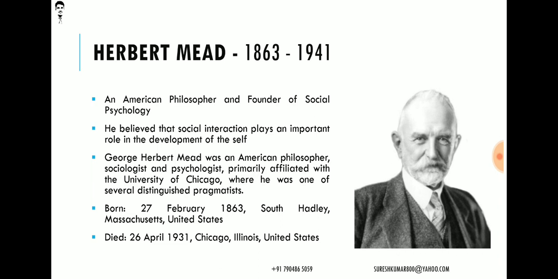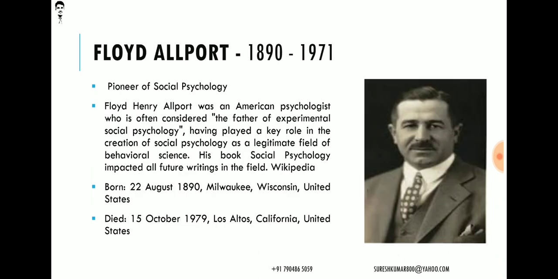George Herbert Mead was an American philosopher. He is a sociologist and psychologist, primarily affiliated with the University of Chicago, where he was one of the distinguished pragmatists. He was born on February 27, 1863 in the United States and died on 26 April 1931 in Chicago, Illinois, United States. And the fourth prominent person in social psychology is Floyd Allport,